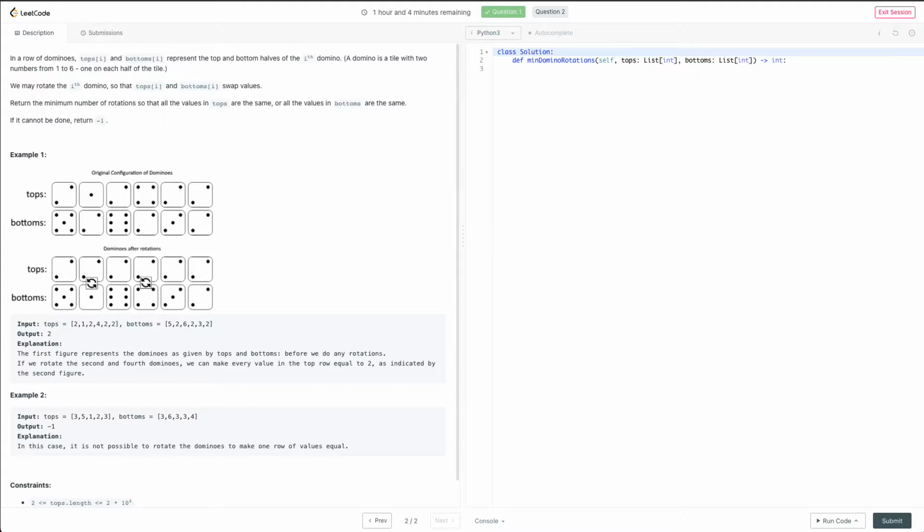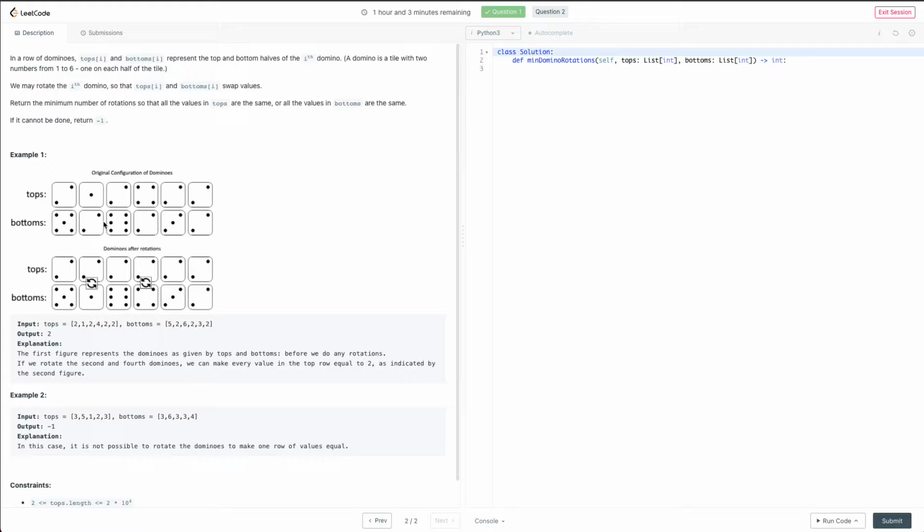So I guess, yeah, the good thing with dominoes is that there's really only 2 numbers to check. In this case, there's only 2 dominoes. So if I start at a 2, there's kind of 2 checks, right? If I assume that 2 is the number that I'm going to use, then I can just run through the array and say, all right, are the top and bottom either of these 2? If yes, then